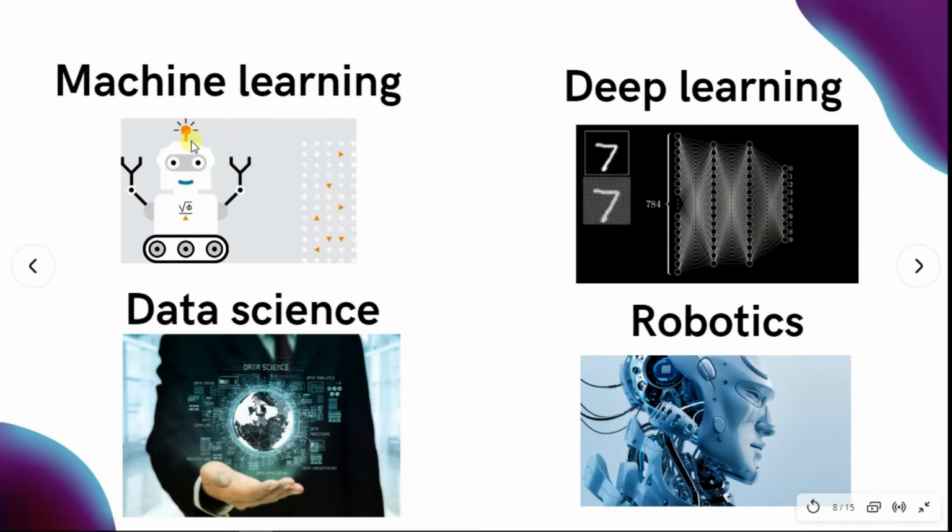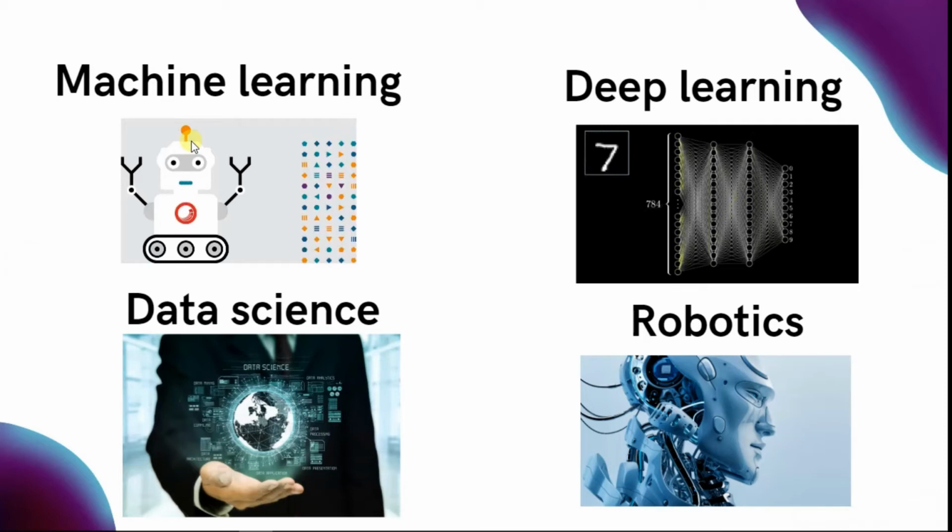Machine learning can be said to be a subfield of AI, which itself is a subfield of computer science. Machine learning enables AI solutions that are adaptive. A concise definition can be given as follows. Systems that improve their performance in a given task with more and more experience or data are called machine learning. The next term is deep learning. Deep learning is a subfield of machine learning, which itself is a subfield of AI, which itself is a subfield of computer science.